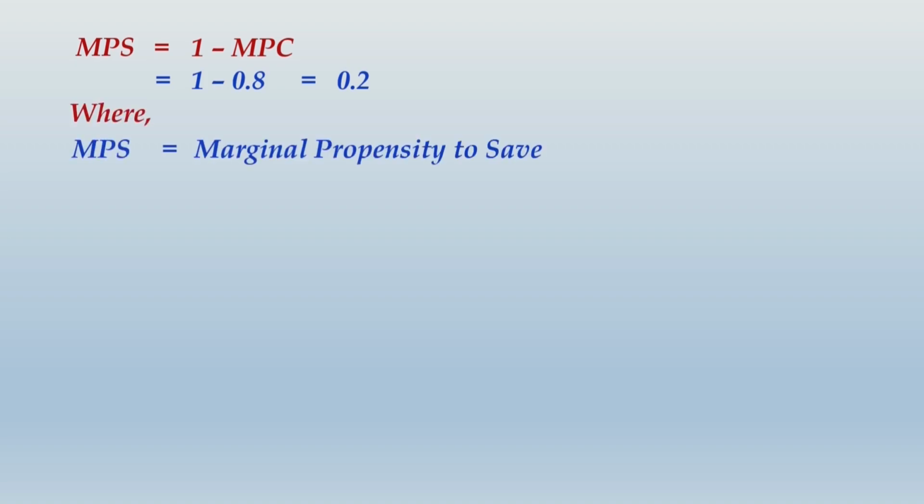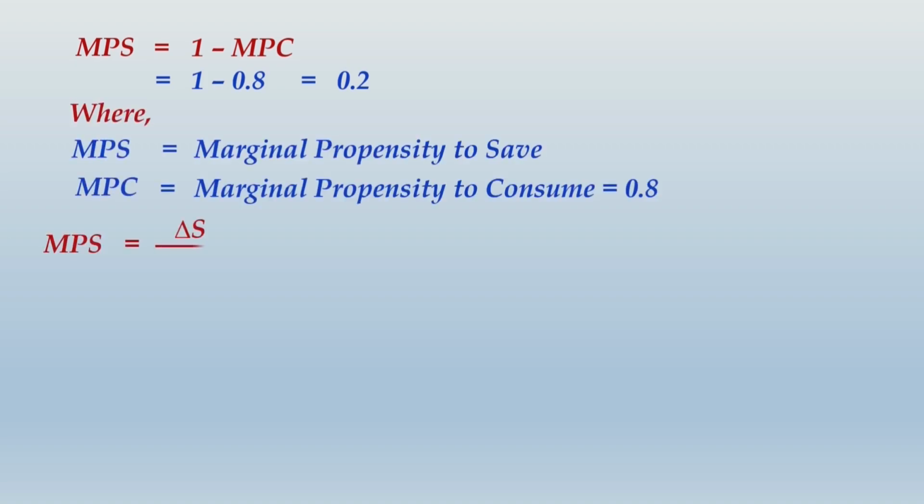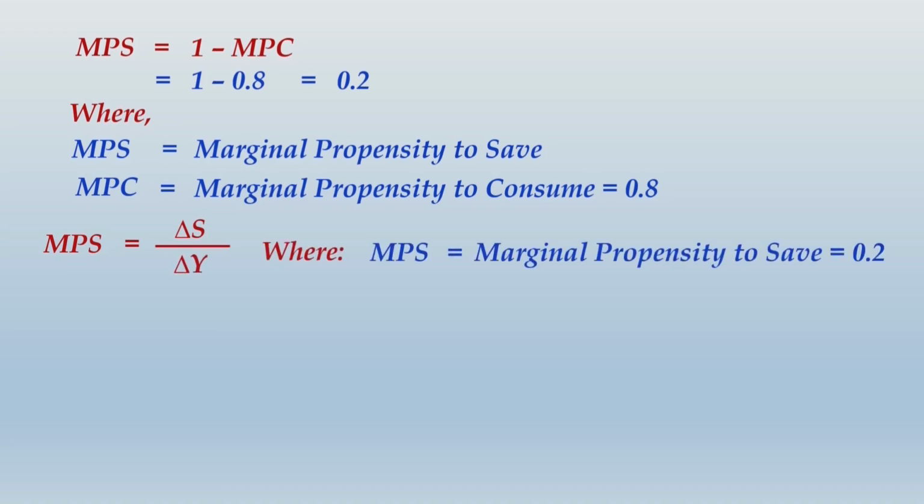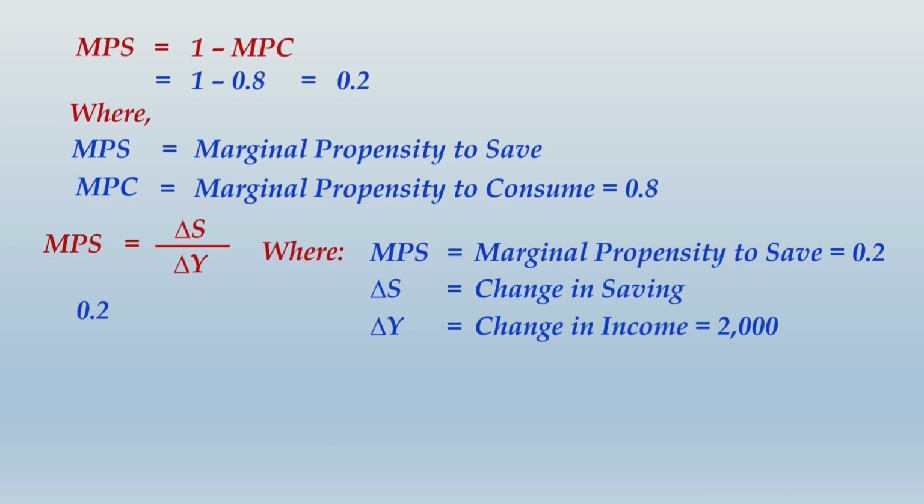Let us move ahead and find out the amount of savings. So marginal propensity to save is 1 minus the marginal propensity to consume, and that will give you the ratio as 0.2. That is 1 minus 0.8 will be obviously 0.2, and you know how to define these variables. And marginal propensity to save is given as this function, that is delta S divided by delta Y, and you know this we have discussed already. In fact, the shorter way to deal with this could be much easier. I'll show you one simple thing,